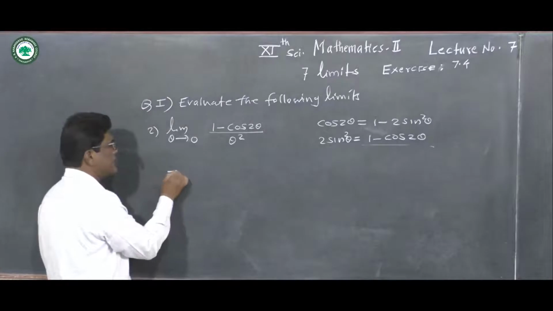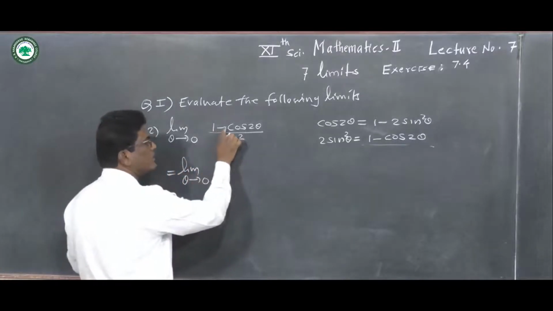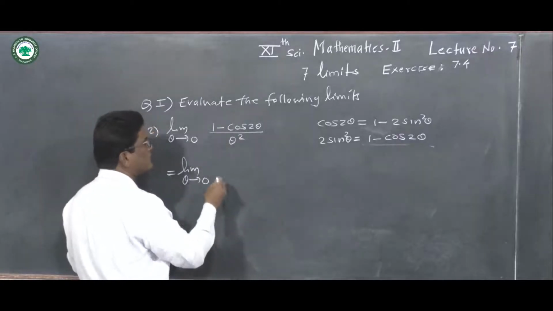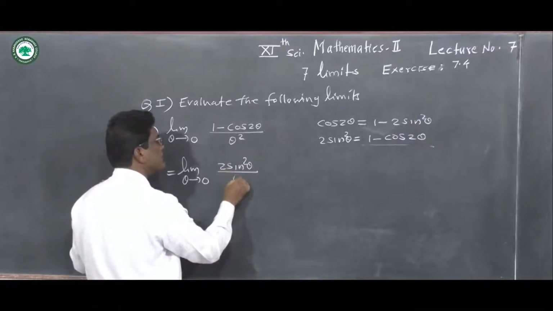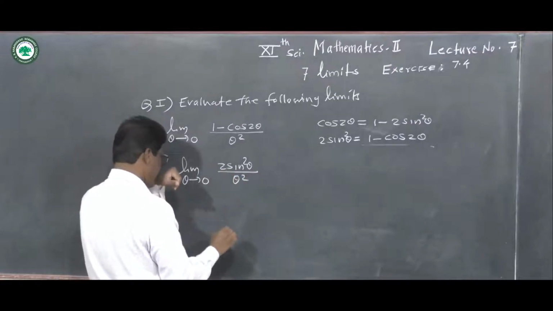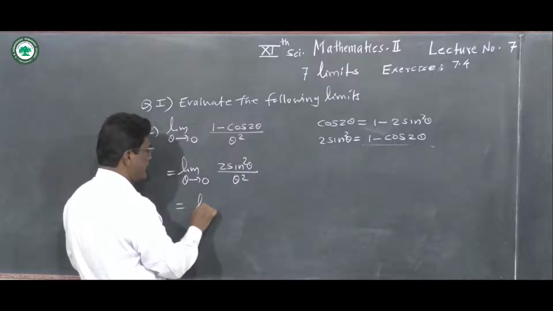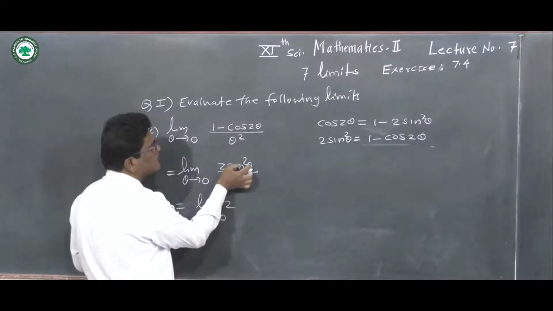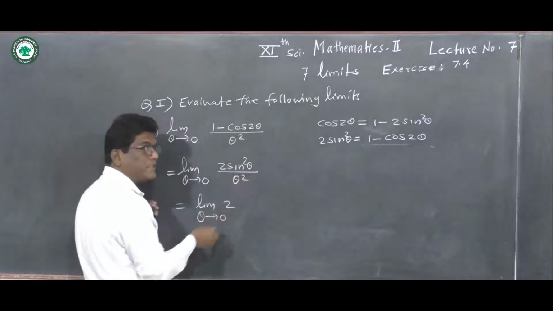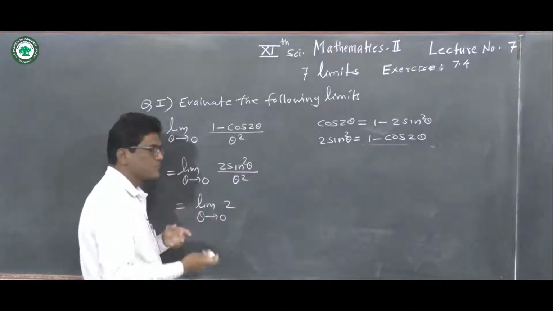So we write the solution as limit as theta tends to 0, numerator replaced by 2 times sine square theta, upon theta square. Okay, now here sine square theta upon theta square, so limit as theta tends to 0, this 2 as it is. Numerator square upon denominator square,